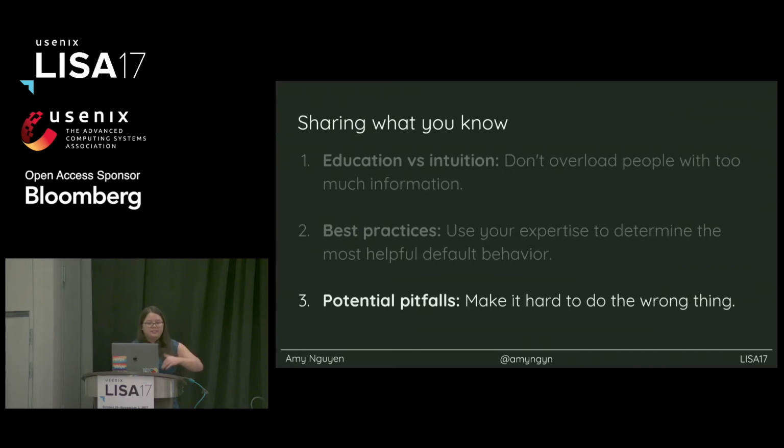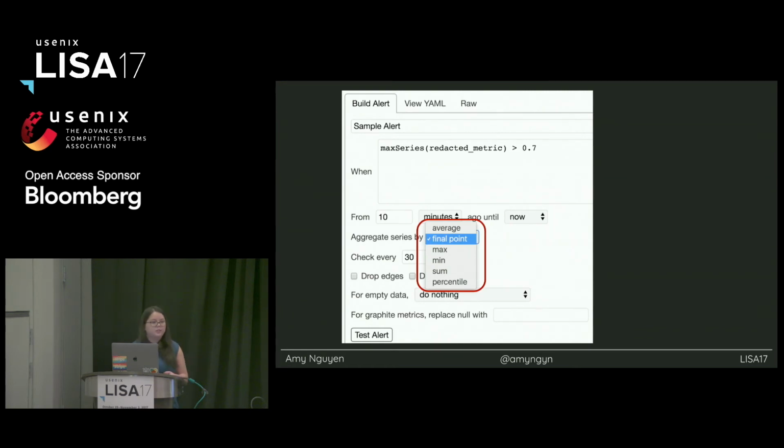And the third thing, kind of the reverse of the second, is the pitfalls. You know what's not a great behavior for your users, and so you can just steer them away from that and make it more difficult to do that thing. In our case, with the same tool, we knew that our data would arrive within about 5 minutes, but it wasn't instantaneous because you're collecting data from 1,000 hosts. You're going to aggregate it.